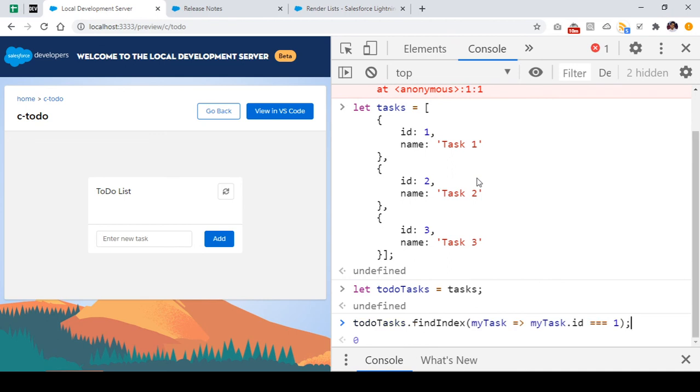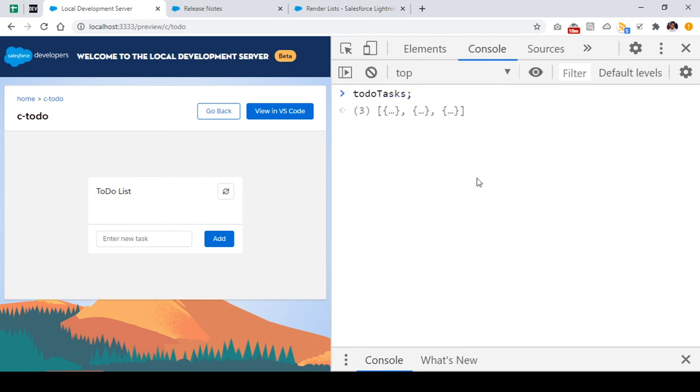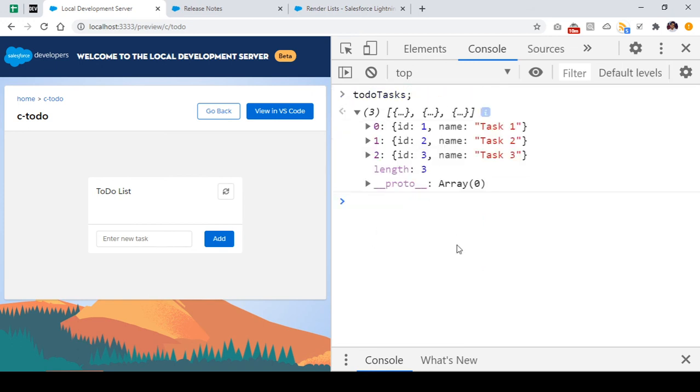and now I can do this thing, right? So here I can see, let me display the to do task first of all. So these are my three to do tasks, and if I want to find the index of the to do task which has an ID of 1, that is 0. If I want to find the index of the to do task which has an ID of 2, that is 1. If I want to find the index of the to do task which has an ID of 3, that is 2, right? So I'm able to find the index very easily by using this shorthand method where this is the parameter that I want to pass to my comparator. This is my return value, and all this return value is actually being passed in the findIndex method, and it will automatically return me the index of the element, right?